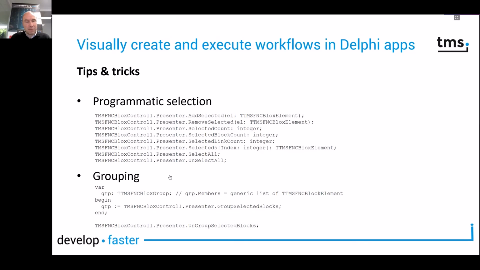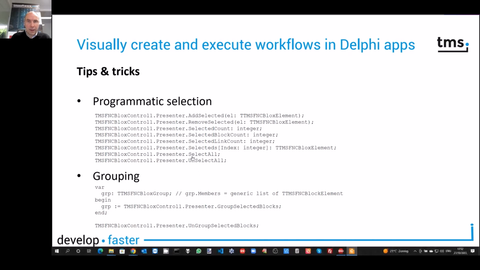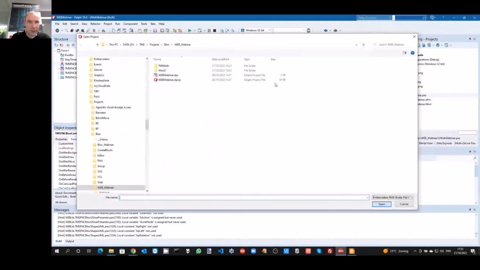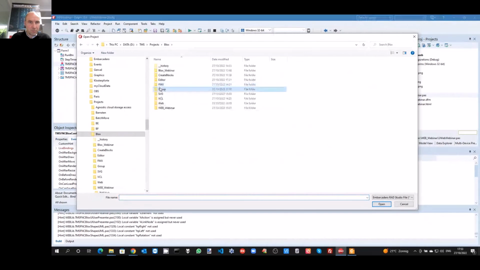Another item that I wanted to touch here under tips and tricks is grouping. Grouping of blocks of these basic block types is also possible to make from a set of different smaller blocks one kind of super block, and from that super block you can do the exact same manipulations as you would do with another block. I can quickly demonstrate that with an application that I created that does just that.